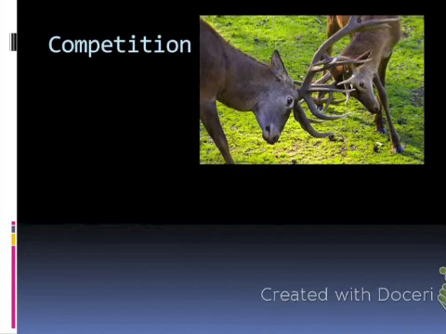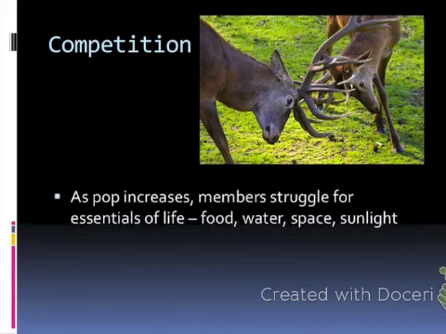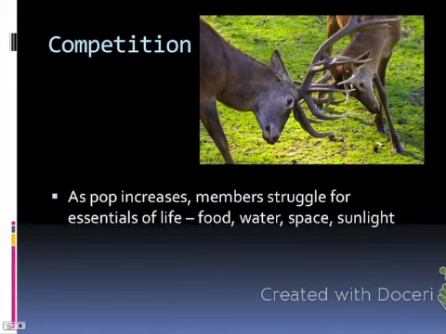Competition, let's break it down real quick. Here's another example of competition. As population increases, you have more competition for those essentials: food, water, space, sunlight, mating privileges, all those things. Notice I said sunlight. We're not talking about animals' needs to get a tan. We're talking about plants. Plants have to have sun, and they're living organisms, and they are under the same influence of density-dependent limiting factors just like animals are. So competition is one important